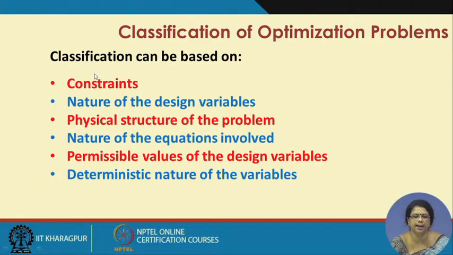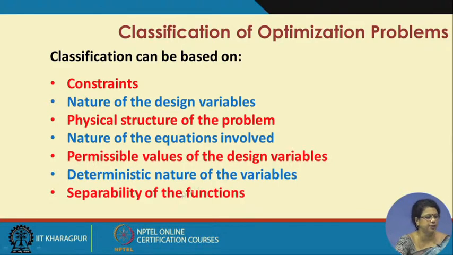Now, if we classify the different kinds of optimization models depending on these criteria, let us see how it differs in different situations when constraints are different. There is another part also: sometimes, whenever we deal with the objective functions and the constraints, the functions are inseparable in nature. What does it mean and how we deal with that, I will explain in the next part